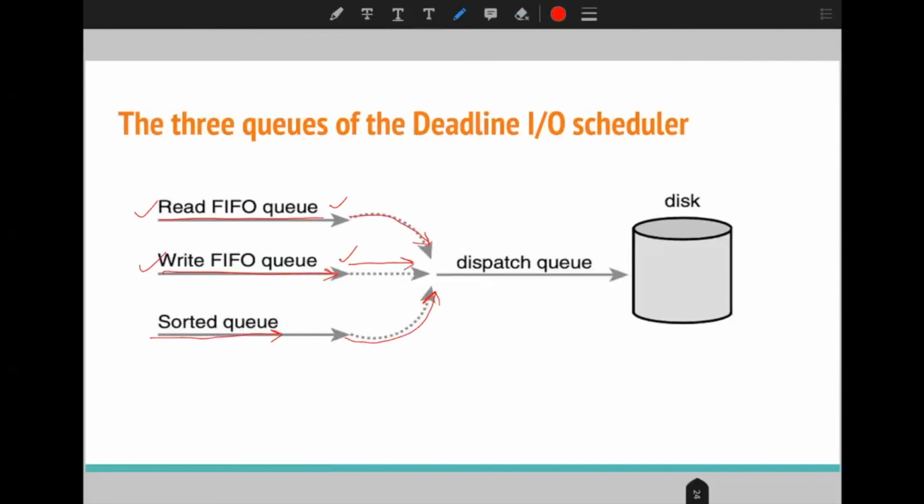In this manner it tries to ensure that the read and write request expiration times are met, and accordingly it schedules those requests, or puts those requests in the dispatch queue, and these requests go to disk. So in this manner it tries to maintain the minimum latency, and it provides good global throughput.